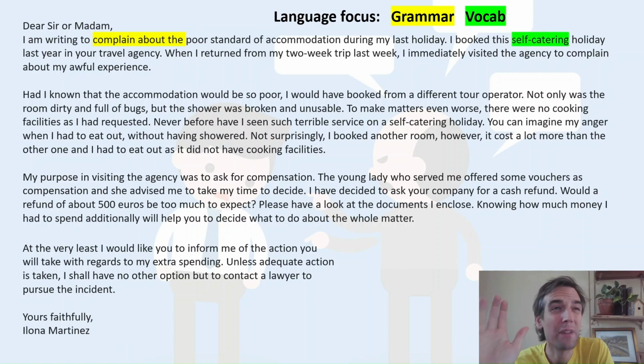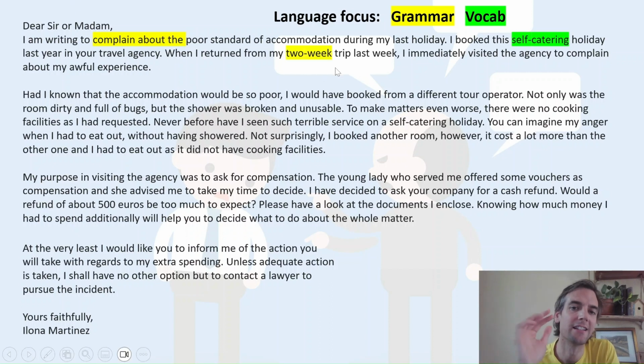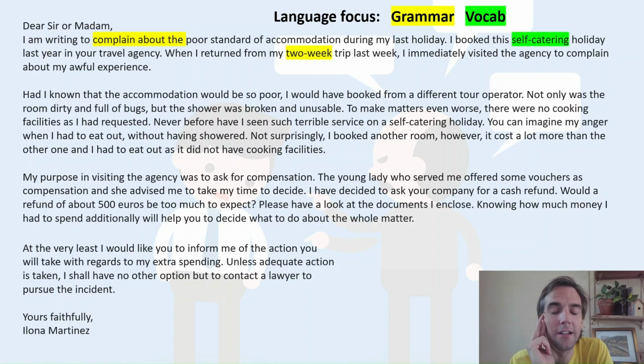Self-catering holiday. I guess this was in the question, but you've used it correctly. Good vocab. You've used the adjective of what type of holiday? A self-catering holiday. Now, little details like this are the kind of thing that people who don't speak English as their first language get wrong. "The trip lasted for 2 weeks." "It was a 2-week trip." It's a 2-week trip because now we're using this like an adjective, and adjectives are invariable. We don't say "2 red cars." That sounds very strange. So it's a 2-week trip because we're using it like an adjective. We don't put an S on it.